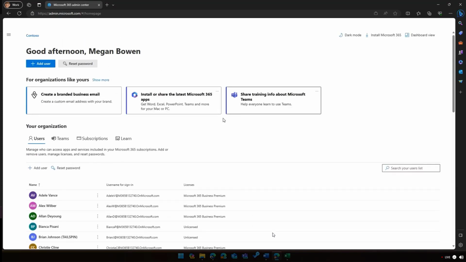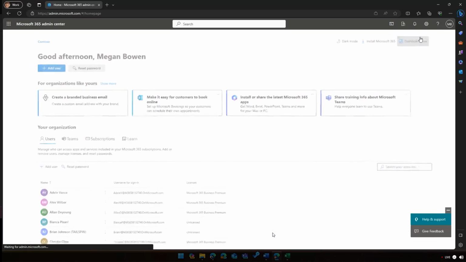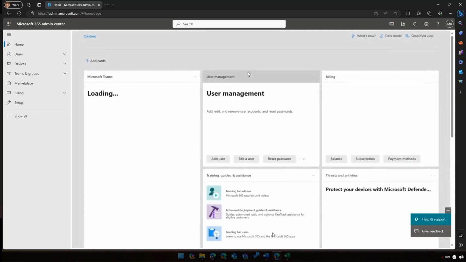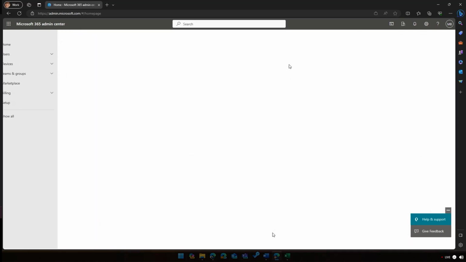And then on the home page here, what we can do is start customizing a bit of our dashboard. If we click on Dashboard View up at the top right, these are different views that are available for administrators within a Microsoft 365 tenant. Typically, when we're looking at a Microsoft 365 Business Premium tenant, we'll always start in the simplified view, which